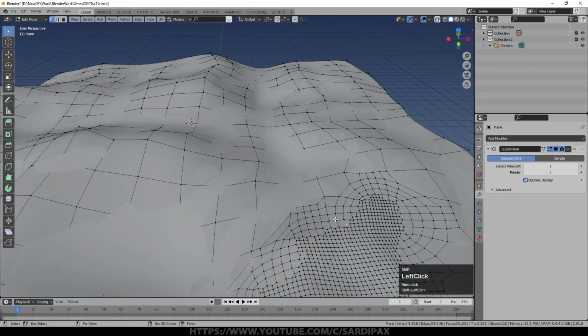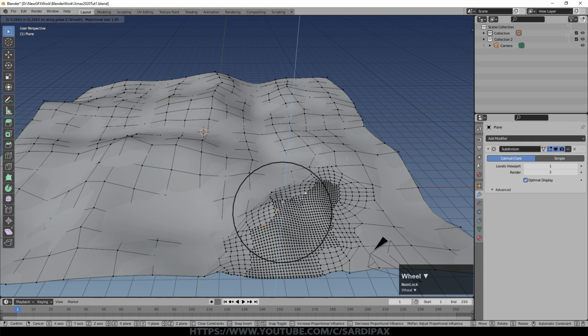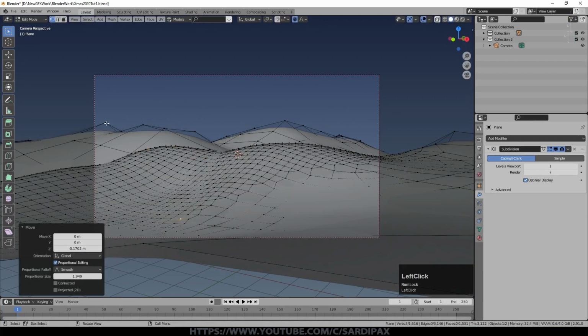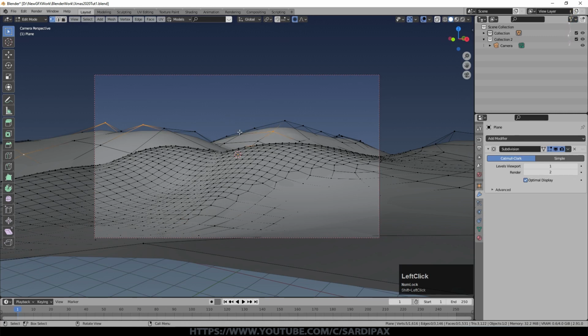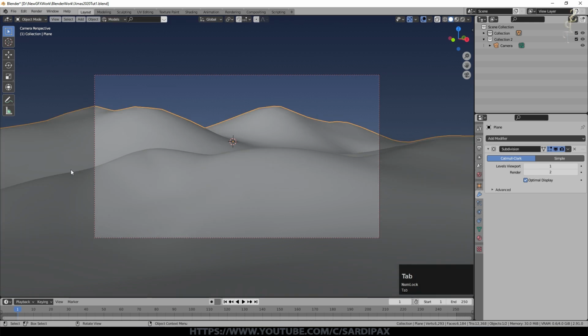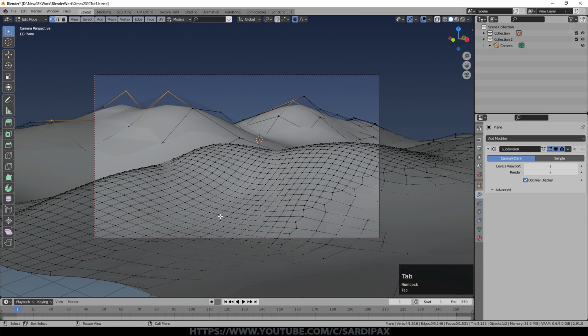We can select a few vertices here, press O to turn on proportional editing, GZ, and then just lift that up a bit. And that will let us see more the bit of the land that's got the subdivision on. And we'll just lower this stuff here down a bit, I think. And perhaps we'll go back here and raise some of these up. You can now see we've got a lot of subdivisions here. And I'll move the camera this way a little bit, I think. So our message is likely to appear somewhere around here. Probably going to need more subdivisions than that.